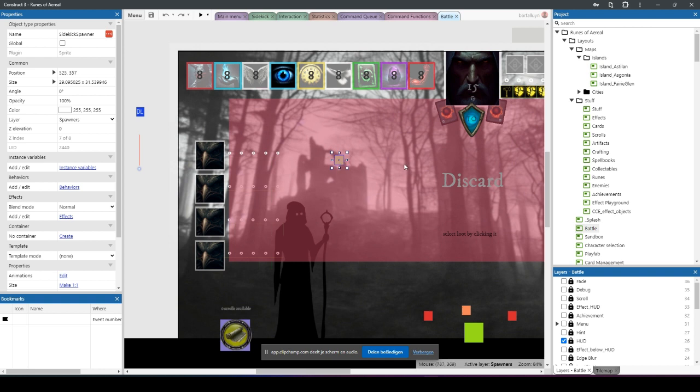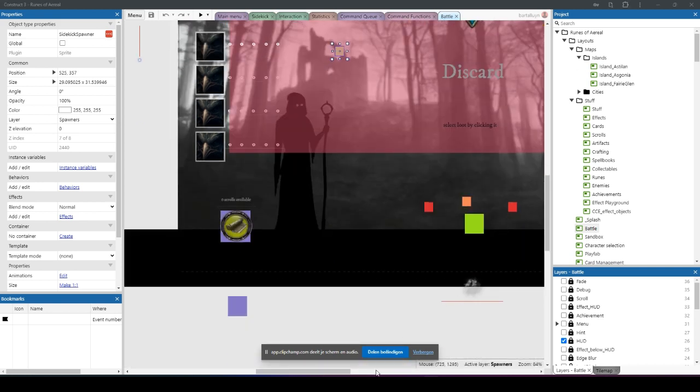A spawner is like a hidden object. And the x and y coordinates of that hidden object are used inside the game when creating an in-game object. And there are quite some here, for example,